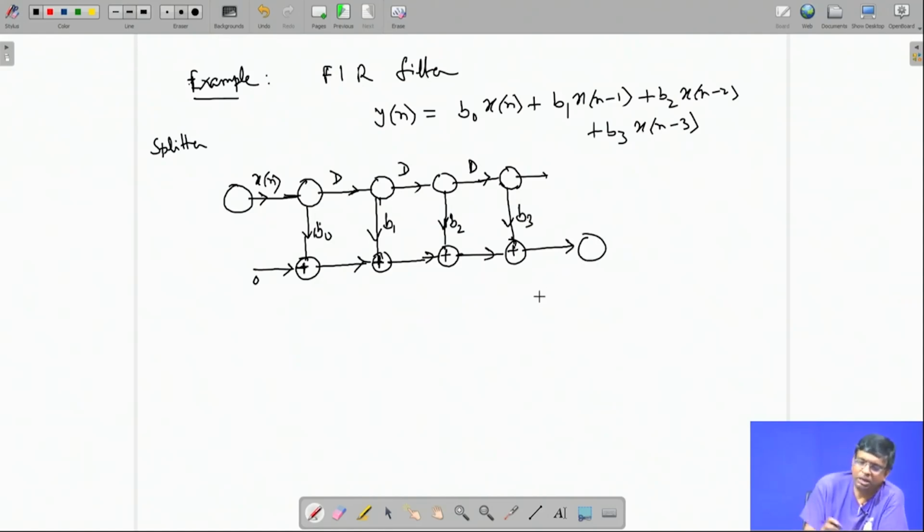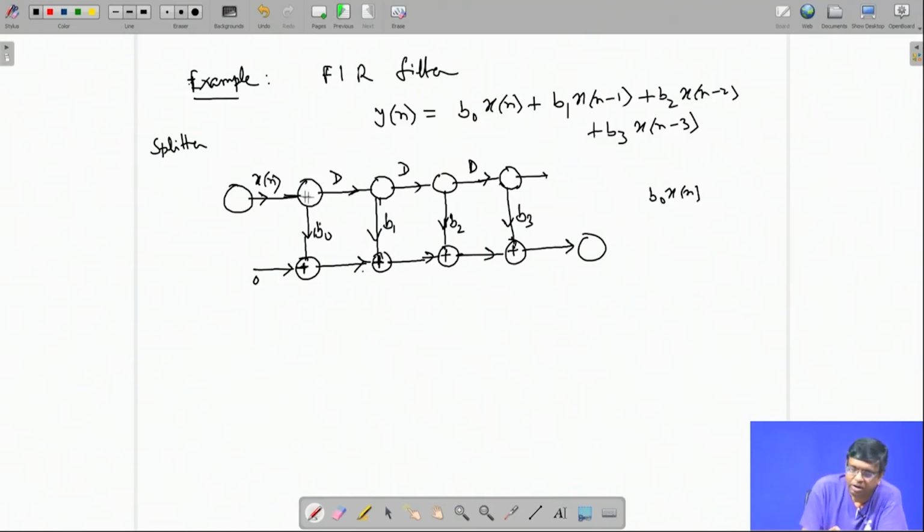So what is happening, you see, xn is going here. It is getting split into two directions. This is coming as xn multiplied by b0. So you have b0 xn plus 0. So I have b0 xn here. This is getting delayed by one cycle. So I have got b0 xn